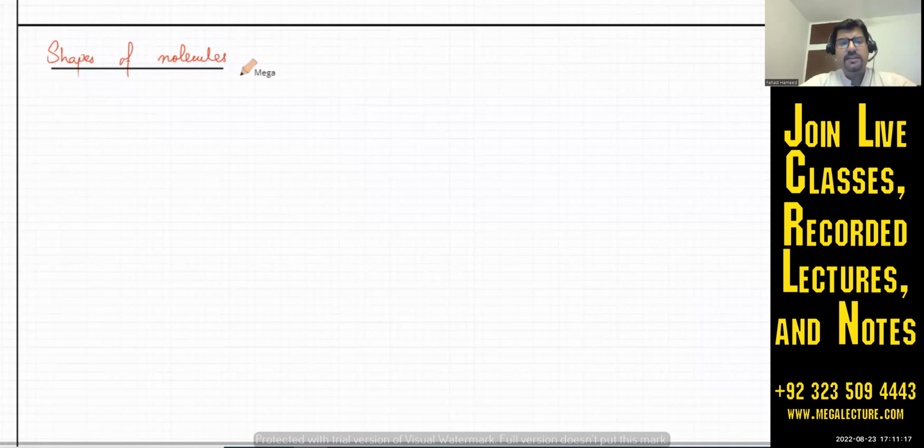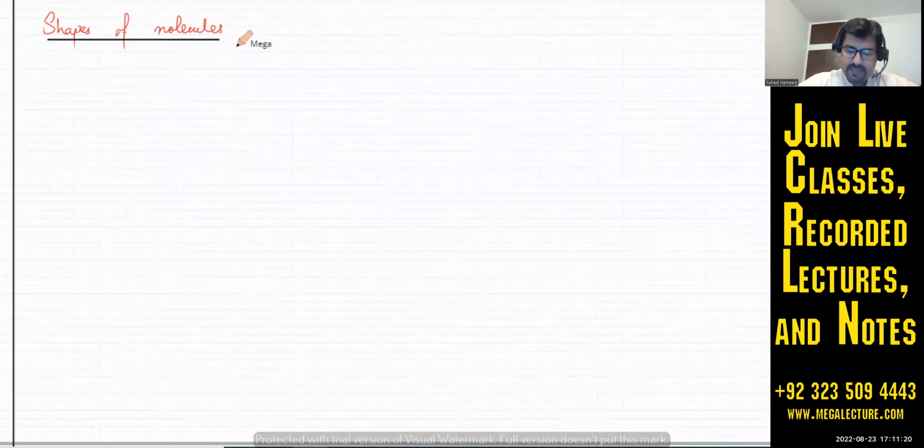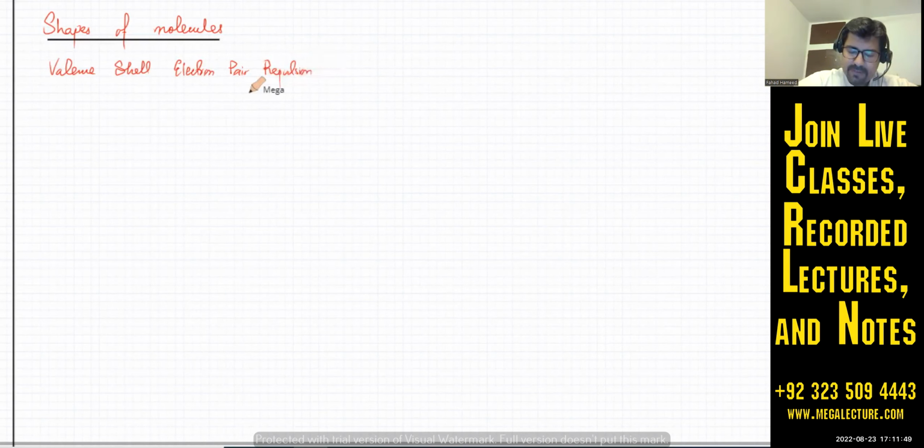There's a theory which is known as the valence shell electron pair repulsion theory. Okay, so valence shell, basically that means that valence shell electrons, they repel each other. So electron pair, valence shell electron pair repulsion. Or वो है क्या? What does it state? It states that